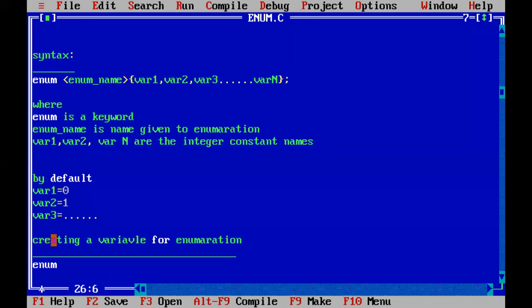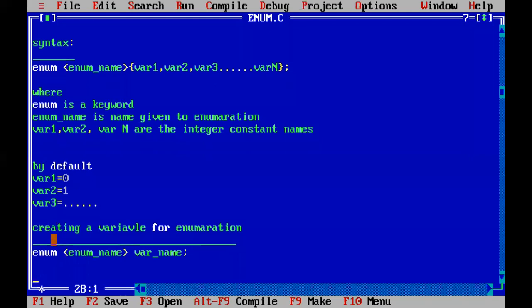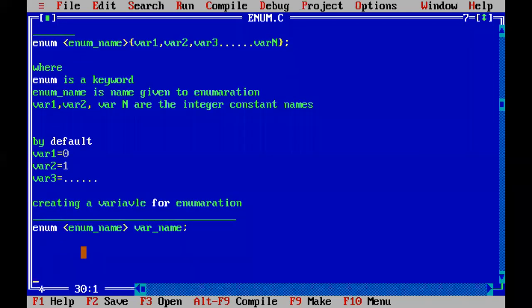We have to write the enum keyword, followed by the enumeration for which we are going to define a variable, that is, this enum name. For this enumeration type only we have to create the variable, and we have to write the variable name. So this is the syntax.